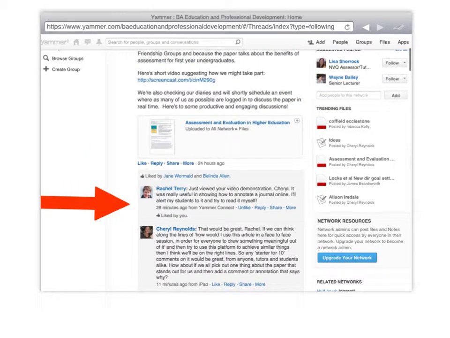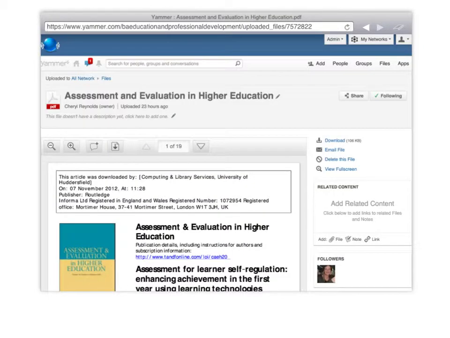So what I'll do is to click through to the paper itself. So I've clicked through to the paper and I'm going to comment on the thing that's most significant for me at the moment. And in particular, it's here in the introduction. So it says, students entering higher education for the first time are faced with a number of challenges. They must rapidly come to terms with the demands of the academic environment, acquire new disciplinary discourses, or ways of talking about their subject, and develop appropriate study strategies that will help them achieve academic success.